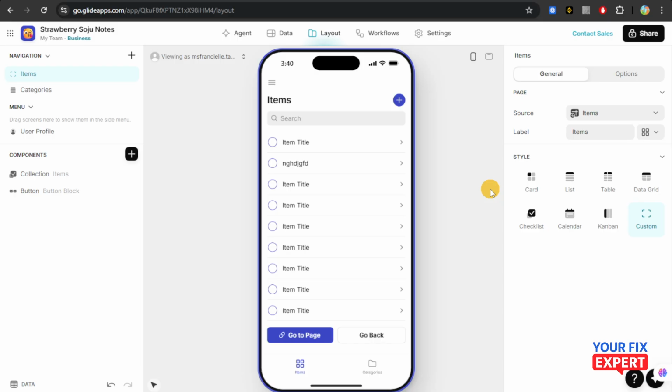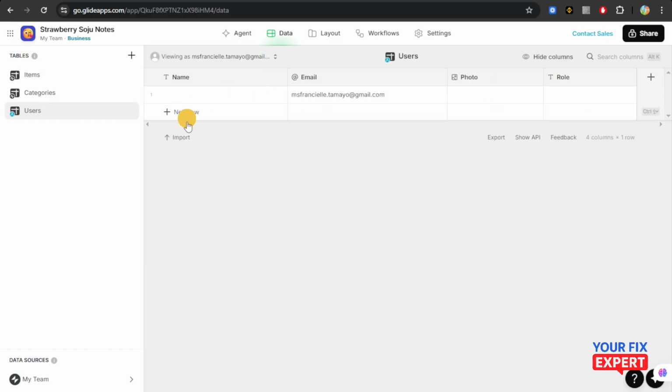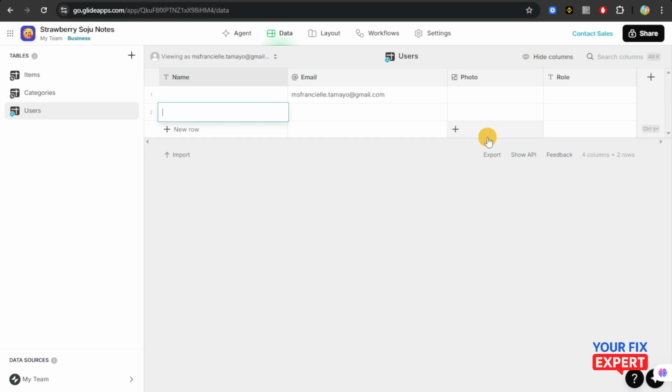Now, after that, you're just going to head over to this data tab right here from the top tools. And then from there, you're just going to click on users from the left side panel. From here, you can set up the user profiles. So for example, you want to add a new user, you can just click on new row right here. You can set up more